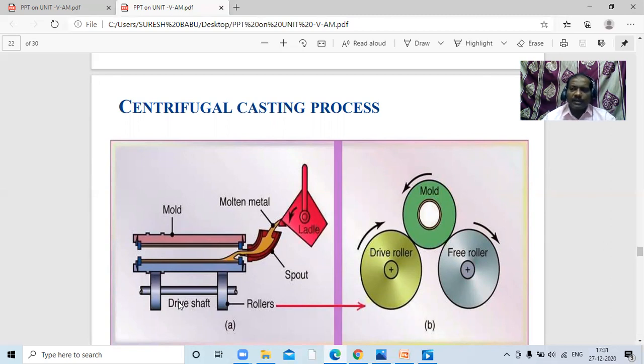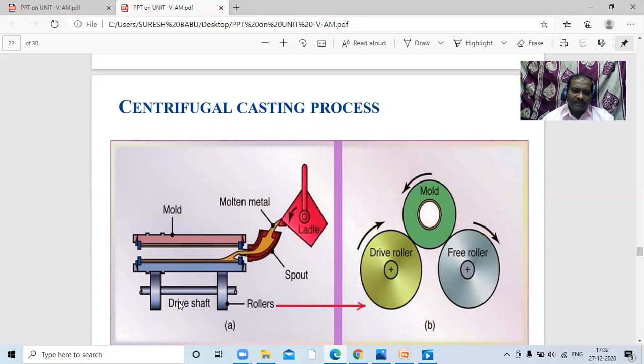When it makes rotations based upon the centrifugal principle, the molten metal is scattered or spread on the walls of the mold, and gradually it keeps rotating. At one point of time, layer by layer, all the molten metal is transferred to the mold, and minute by minute, solidification takes place.